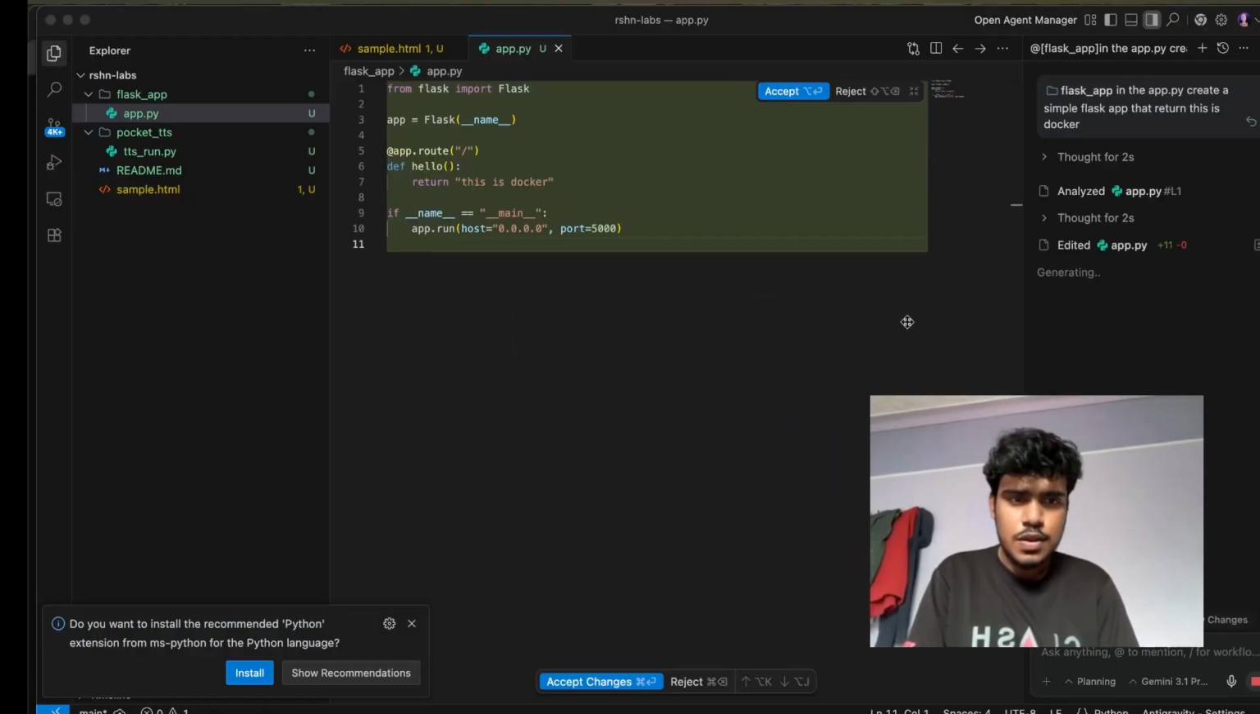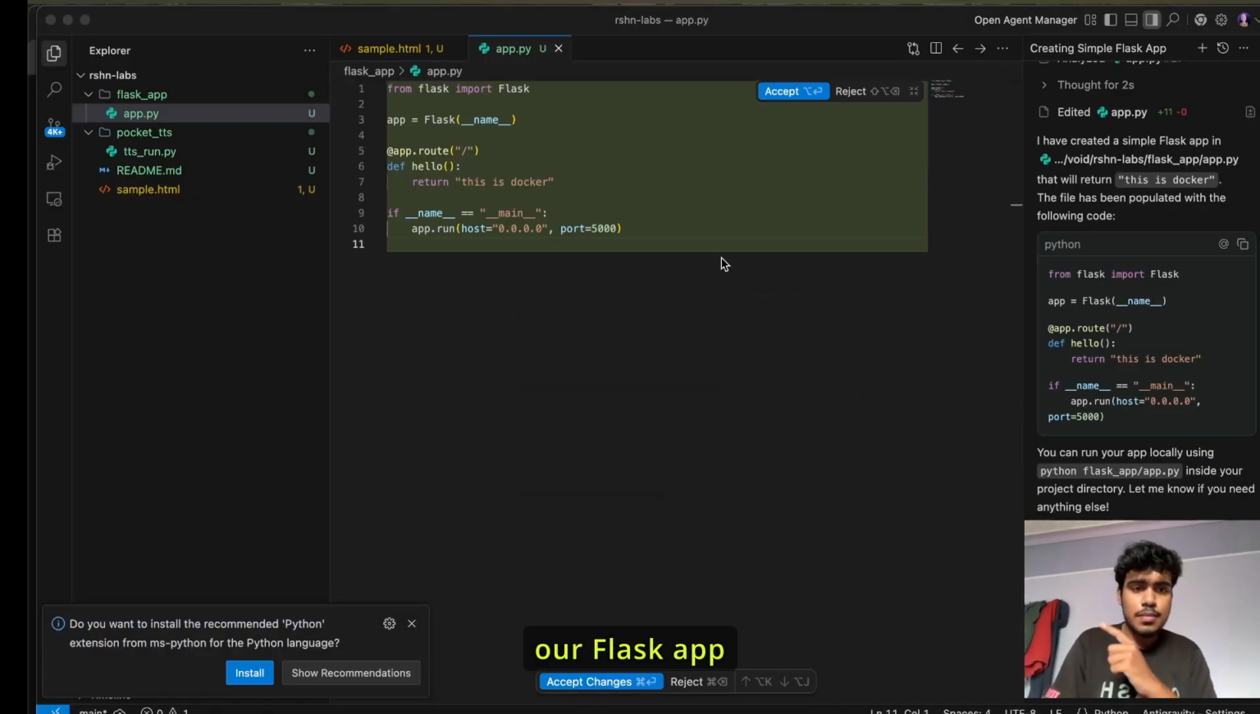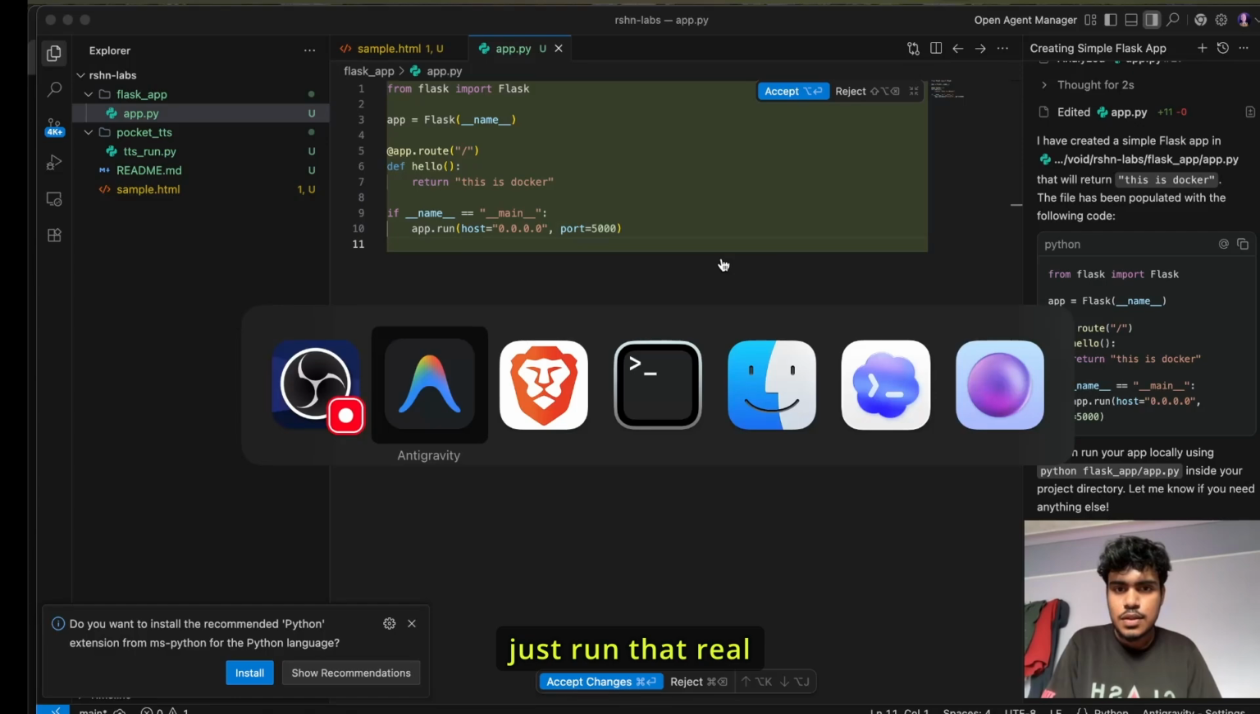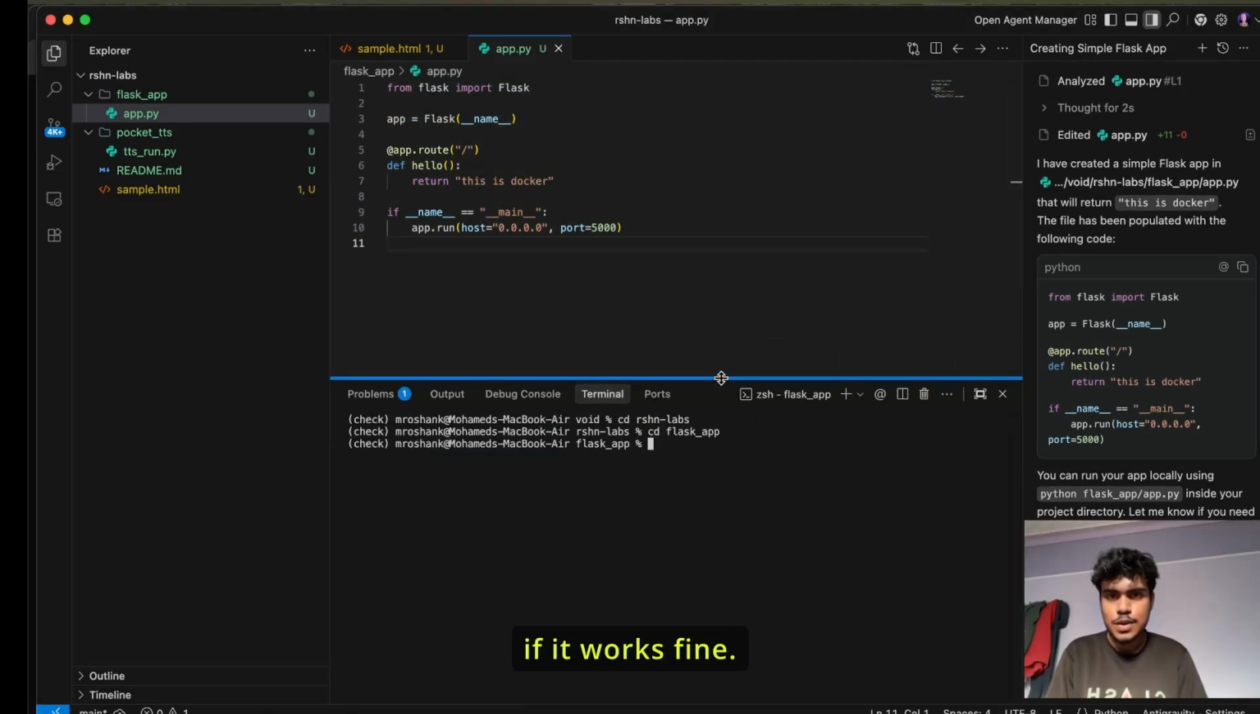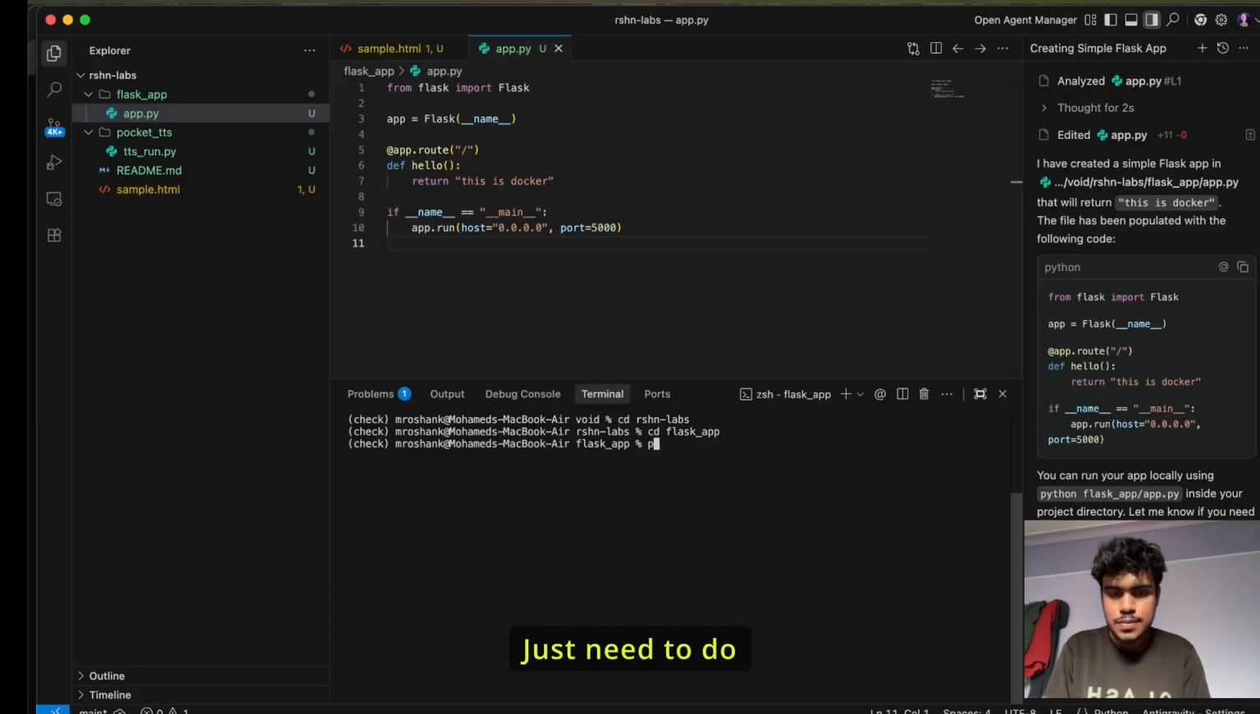Let's just wait. Okay, so we have got our Flask app created, and let me just run that real quick and see if it is working. Let me accept the change. I will run the Flask app and see if it works fine. Just need to do Python